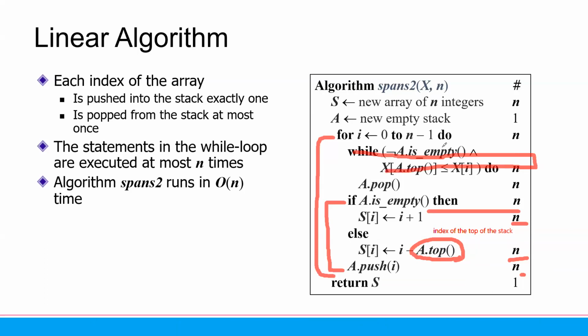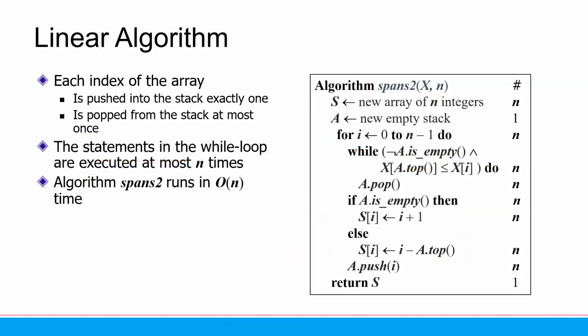yeah, it will be just a one time operation, because this one is one time when we push, and if it is pop, it is also a one time operation. So the statements in the while loop are executed at most n times, and this algorithm runs in n times. Okay, then we can say that using the span, it will optimize